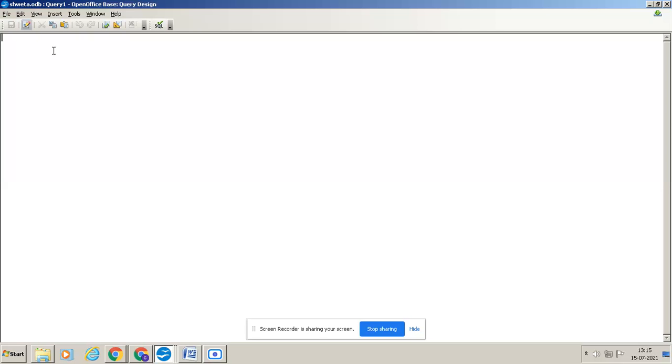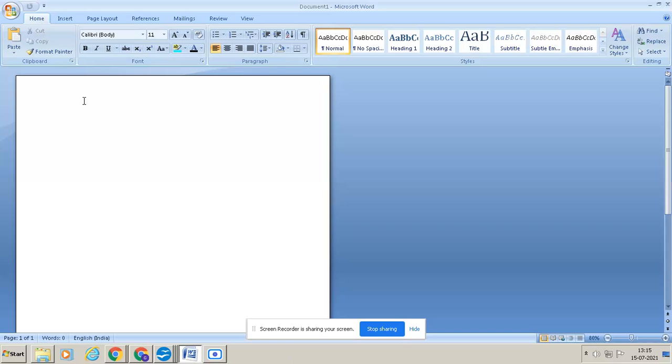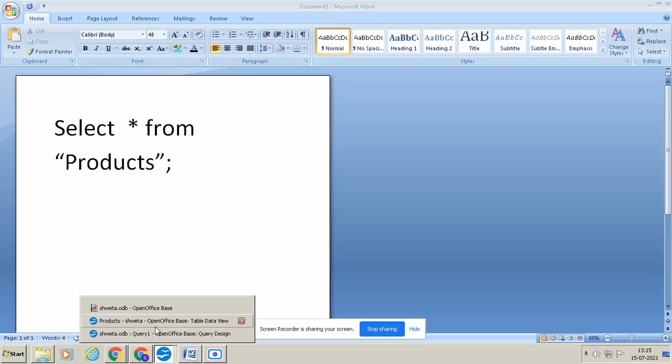So here I'll use the select query. I'll show here. You can write this in capitals, or else you can write only the first letter capital. If you want to select that product table, what is the query you have to write? That is select star from. This is the syntax: select star from table name. My table name here is products. So I'll write products and give a semicolon. Same thing I'll copy here.